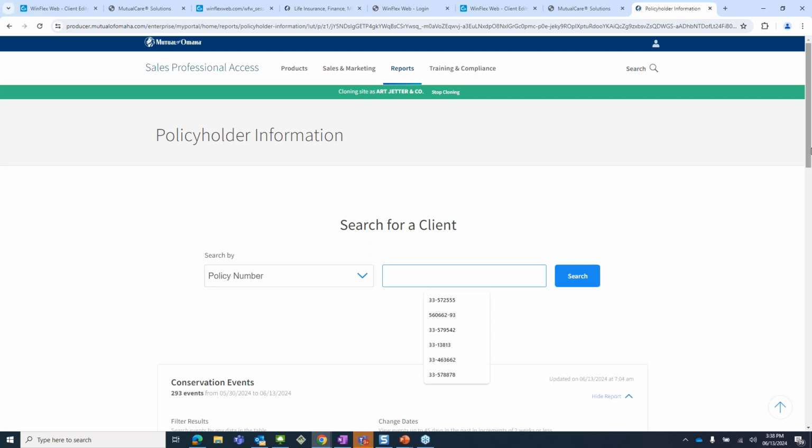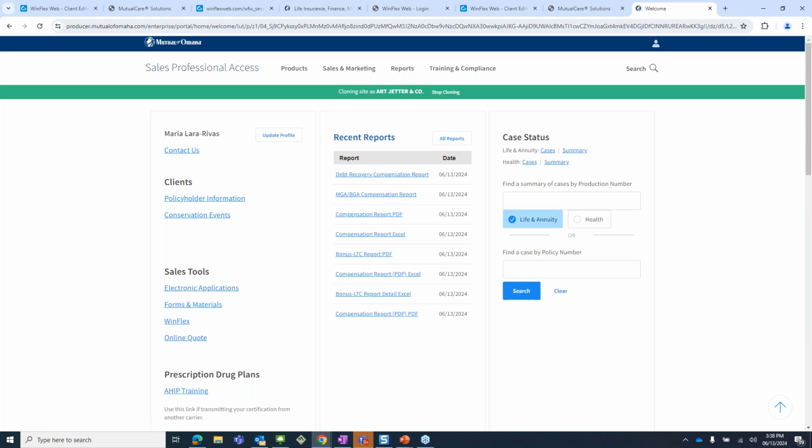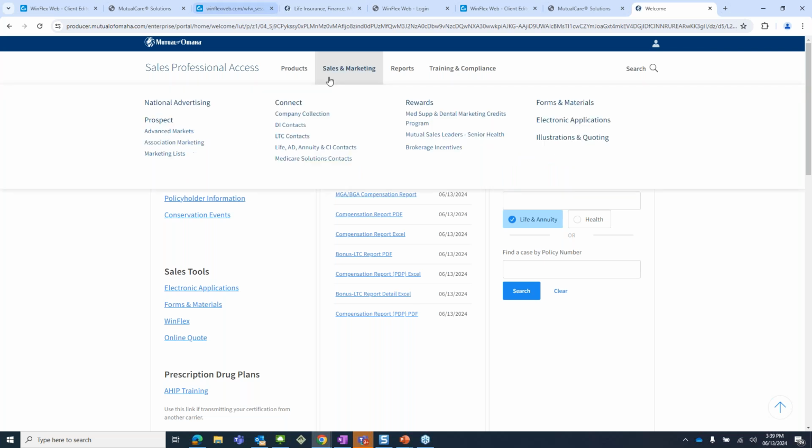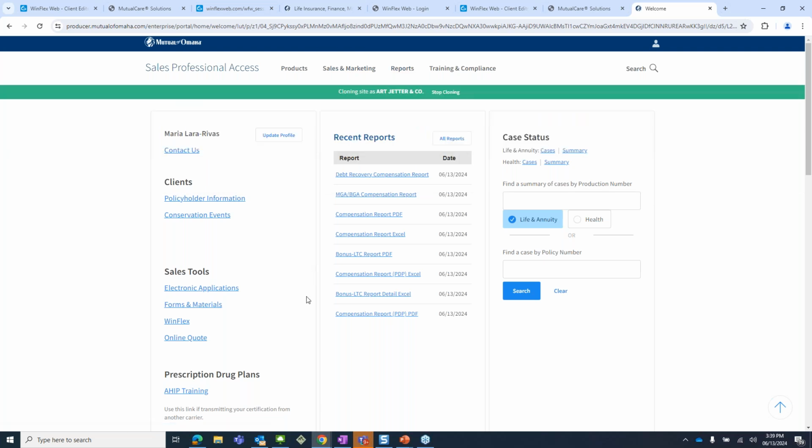It's not going to give you detailed information about their policy, but it definitely will tell you what their premium is, what their mode is, when's the next premium due. So it'll give you information about their payment information, how we're billing them. Are they paid current? That kind of information. Who's their third party that we should contact if their policy is at risk of lapsing? That information you'll find under the reports tab, under policy information, or from the home page over on the left-hand